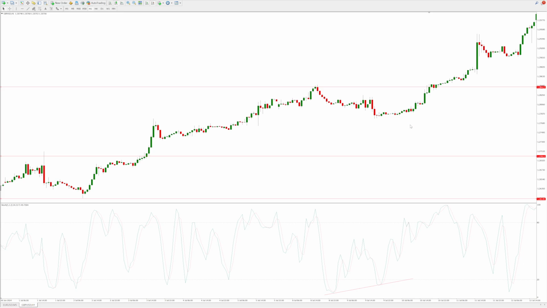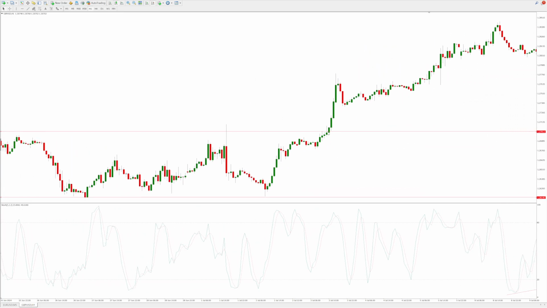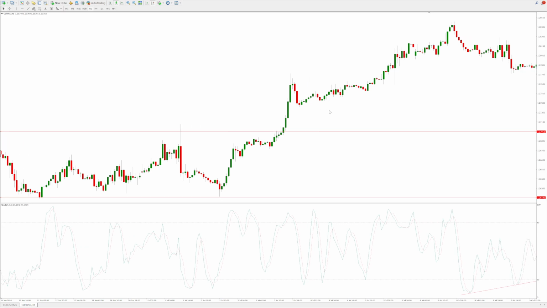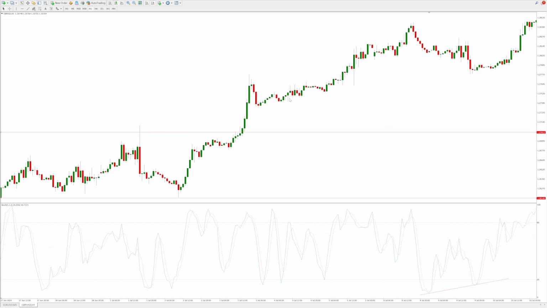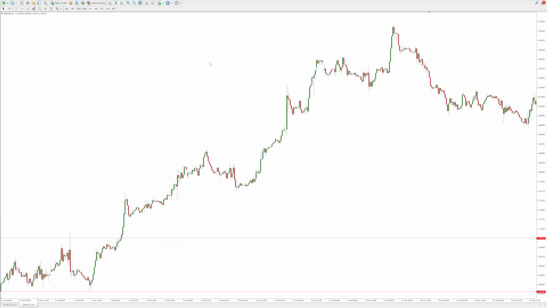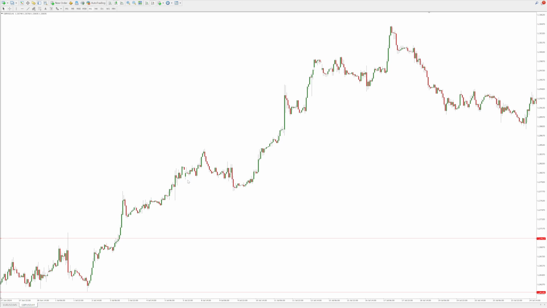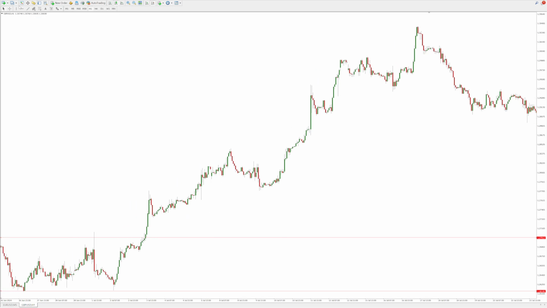Okay, so you don't necessarily need to get into this pattern on the initial breakout. You can use other indicators or support and resistance to enter as the trend continues. Okay, in terms of exit,